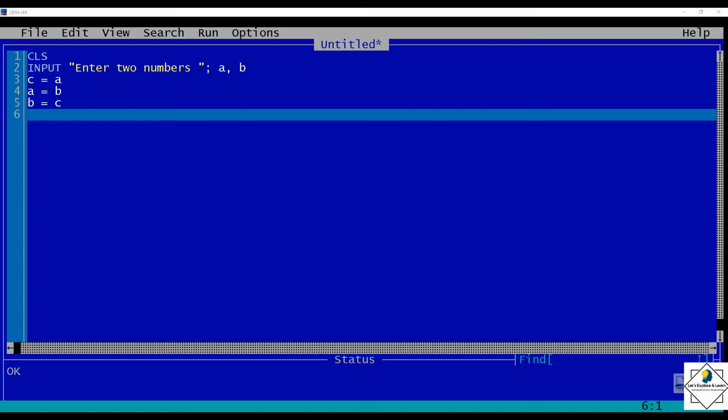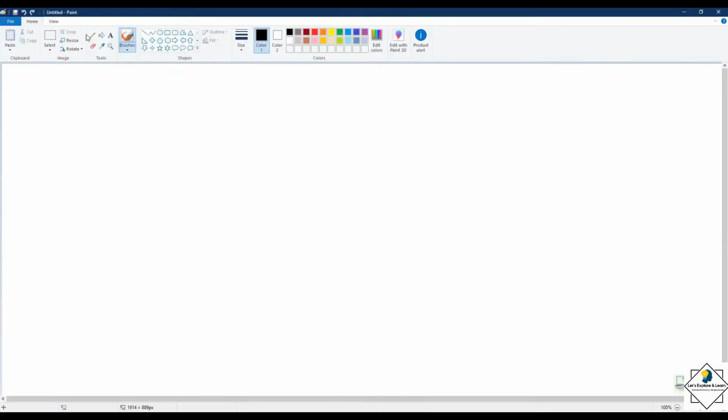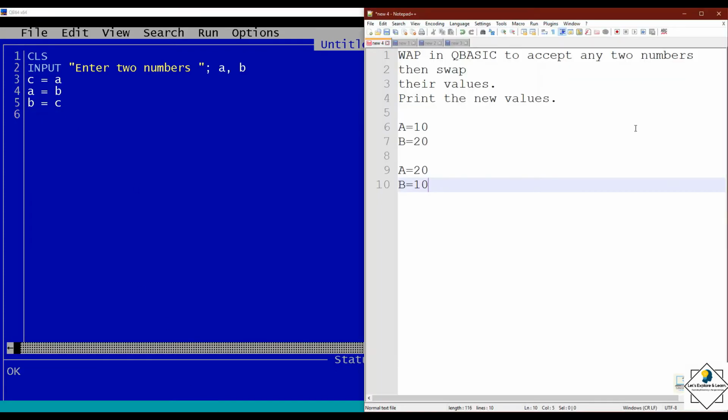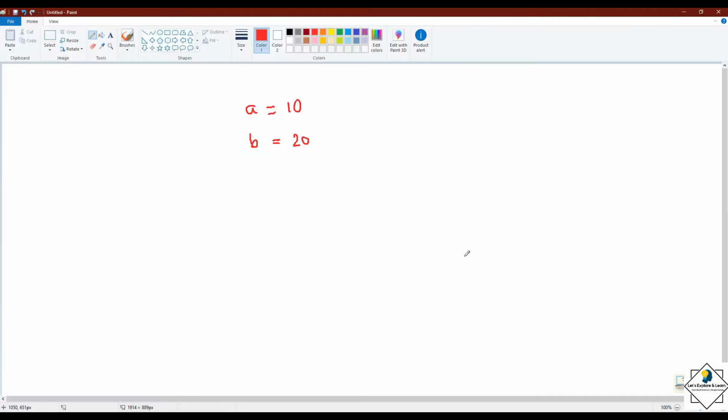Okay. Now if you want to understand that, I can explain. See this example. Suppose A is equal to 10 and B is equal to 20. So the code that I have written is C equal to A, A equal to B, and B equal to C. Correct?